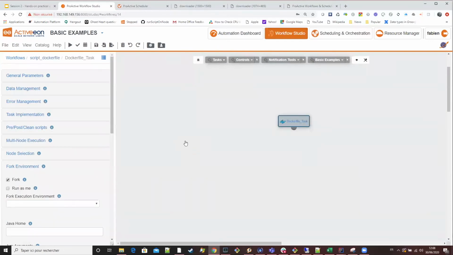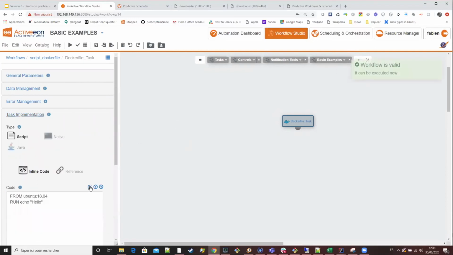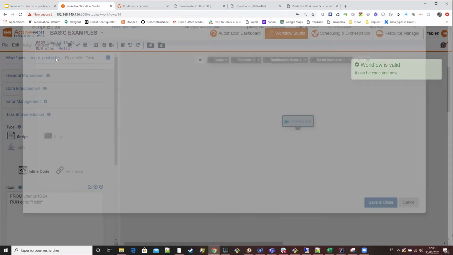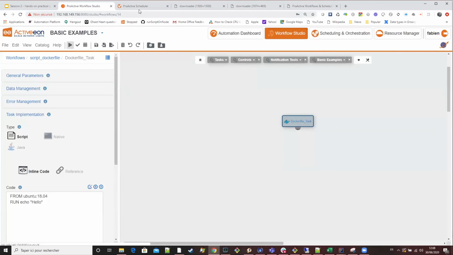And the Dockerfile task is run similarly to a Groovy task or a Bash task. It basically just simply runs a set of commands which is going to build and run a Docker container. So in this task implementation here, we see that we have a Dockerfile. And when we run this container,